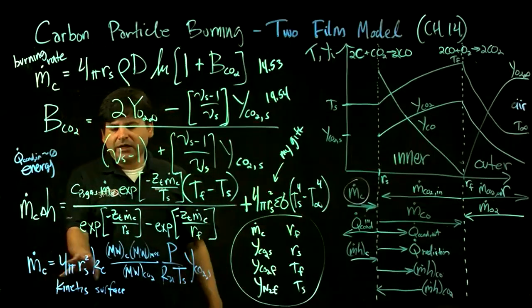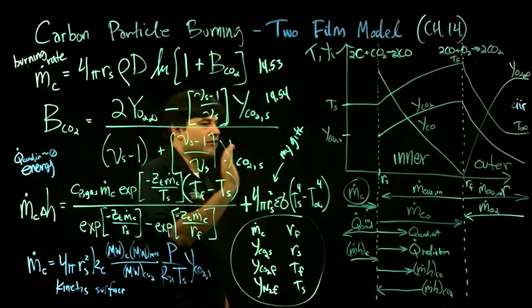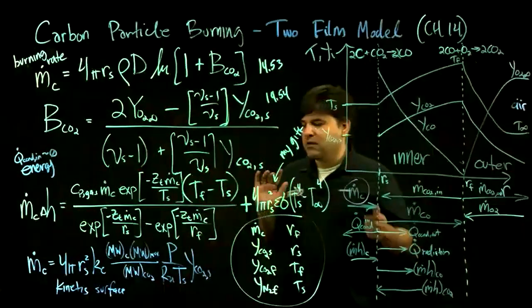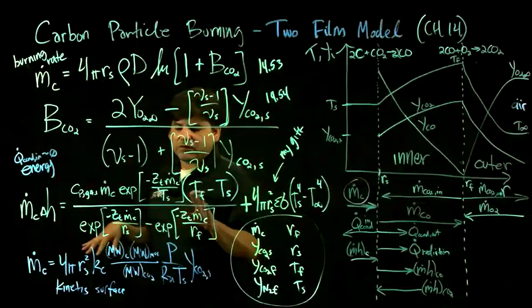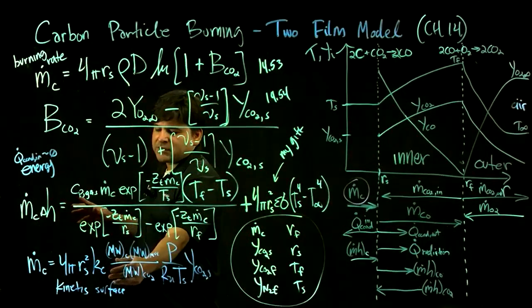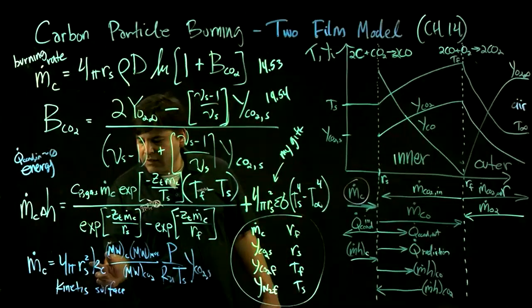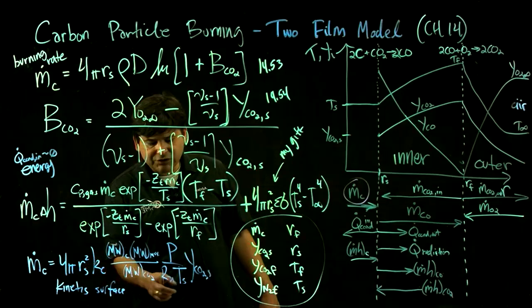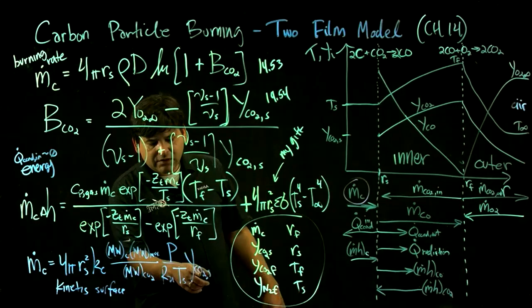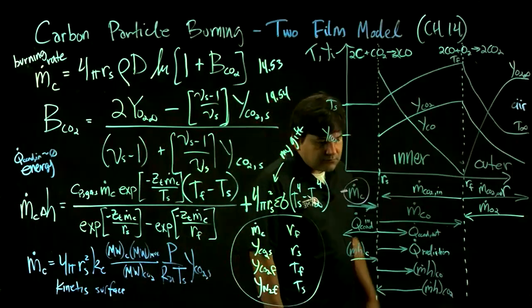And then the kinetics of the surface are much slower than the kinetics of the flame. That means the flame kinetics are basically infinity, which means only the surface kinetics limit the process. And that gives us another equation in terms of the surface position and the flow rate, the mass fraction at the surface, and the temperature of the surface. So that is the